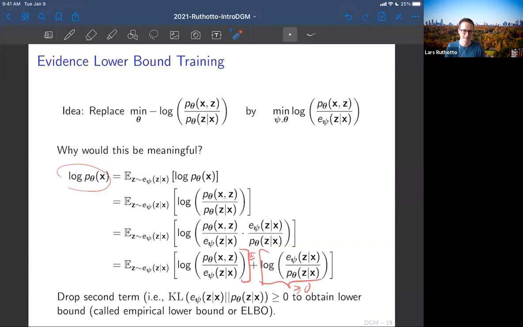In principle, it's a meaningless thing, right? Because we can all imagine a case where maximizing the lower bound of a function will be different from maximizing the function we're interested in. However, when I do this, look at the difference. I actually know something about the difference between the lower bound and the actual value, and that is given by the KL between the approximate and the true posterior. So if I manage to learn the true posterior, this would be 0. It would go away, and I would actually do likelihood maximization.